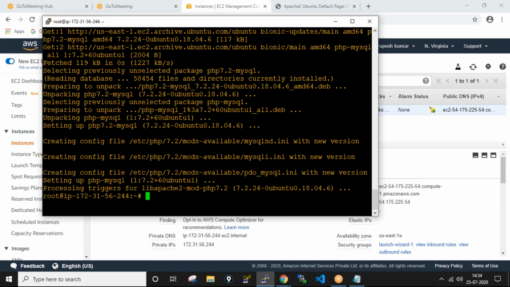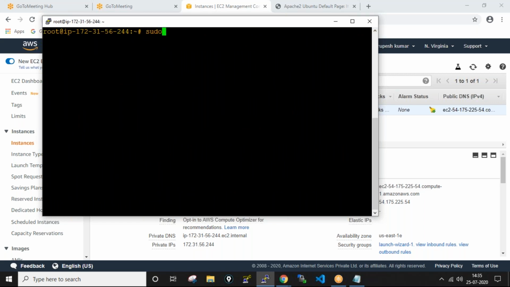Now we need to give the required backend supporters to the mysql php also. So we need to install the supporting platforms for php and mysql as well. For that, just clearing my screen again. Sudo apt install graphviz